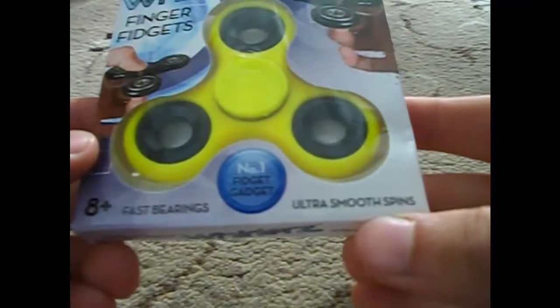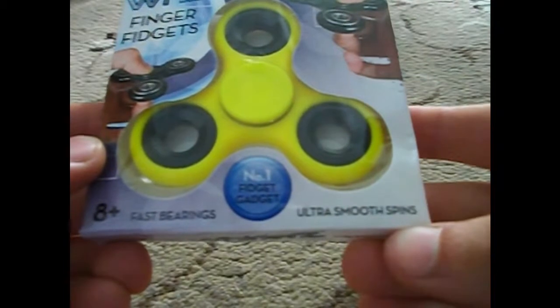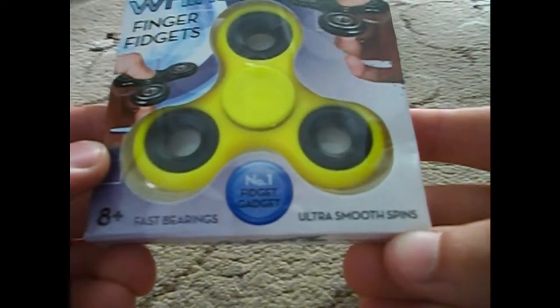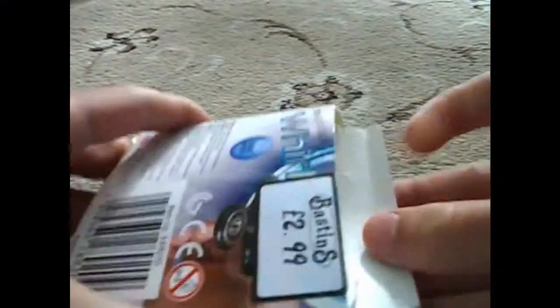Ultra smooth, I think the only way they can get away with putting that is because there aren't any official government standards on what defines ultra smooth spins, and bearings are by definition fast. PMS, the company, don't know what that means. Anyways,